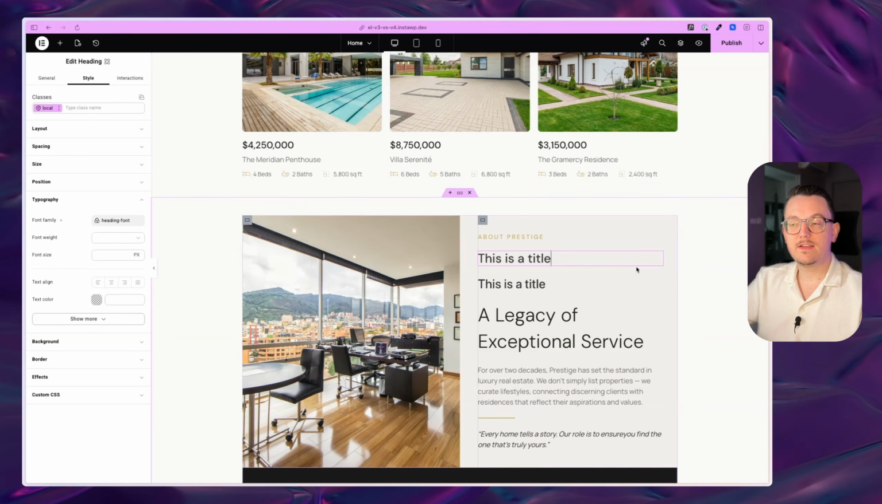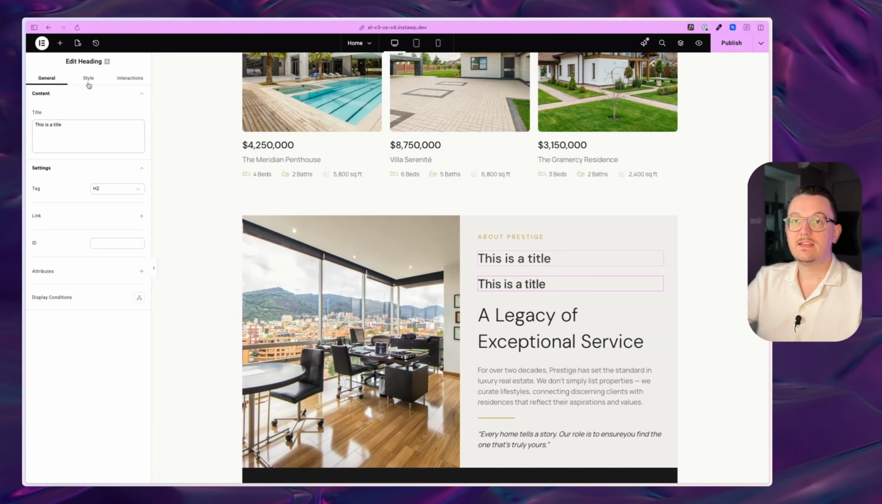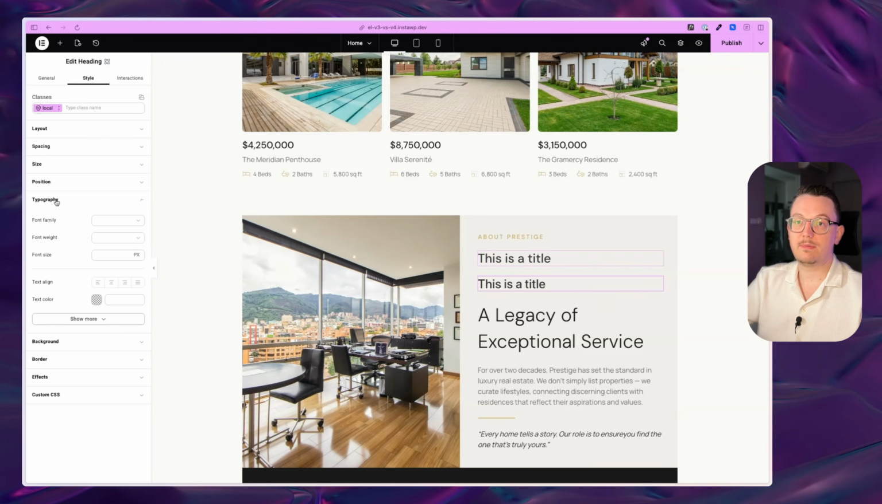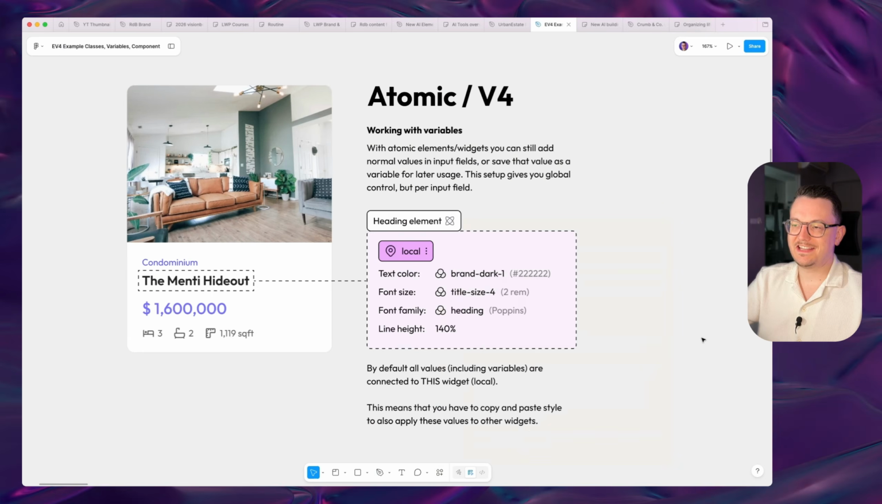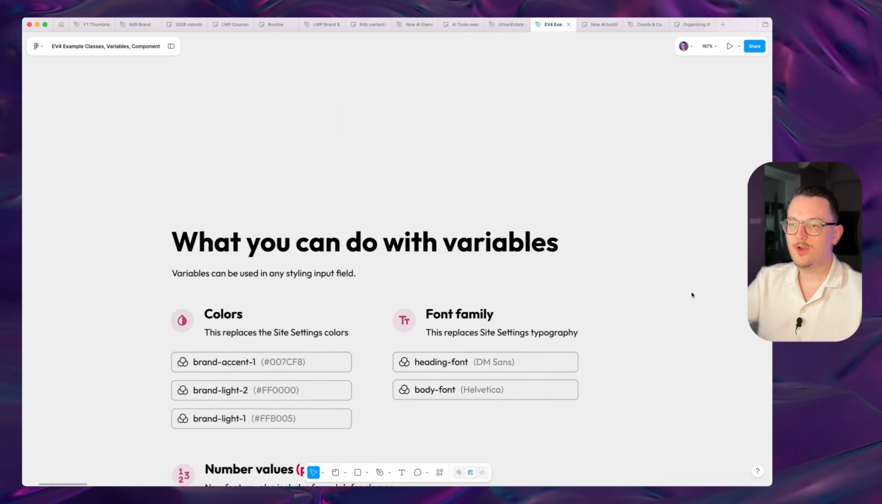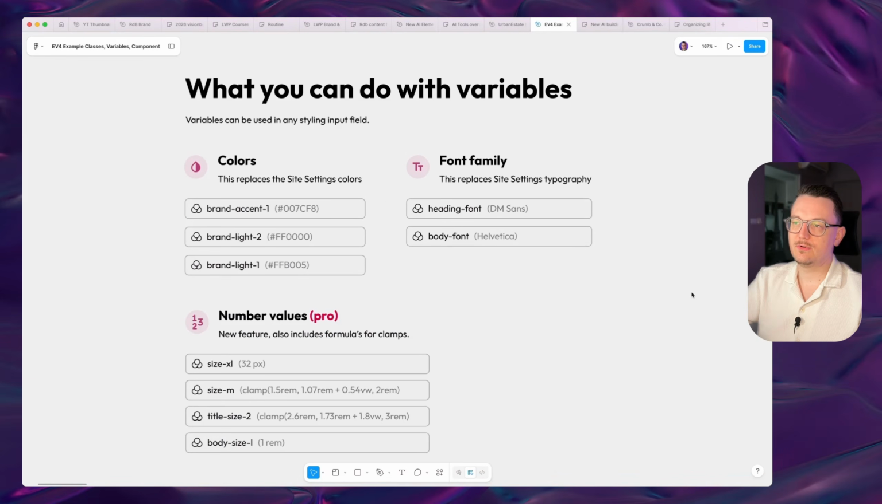And so this is already a superior system, but if you then want to apply that to another heading, you have to go in here again to typography and then link it, or as in v3, you can copy and paste the style, and then it will also apply that same heading font. We can solve that with classes, but let's first talk about what we can actually do with variables,